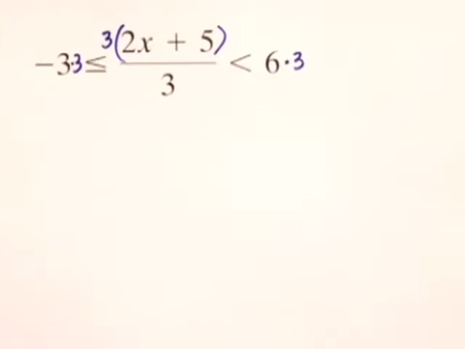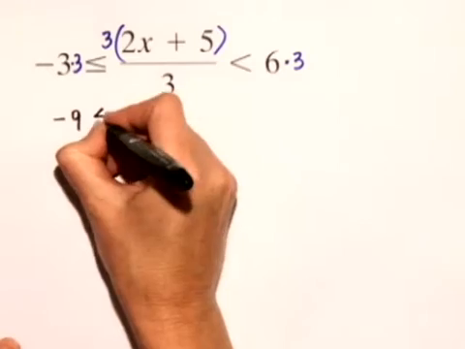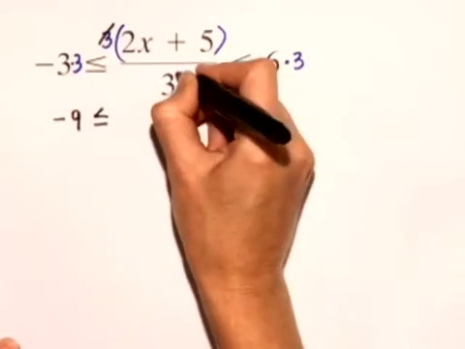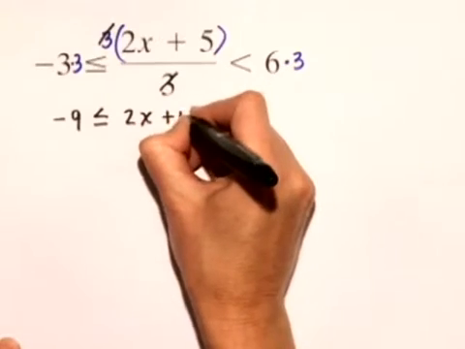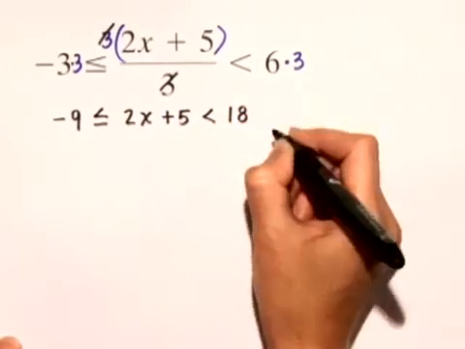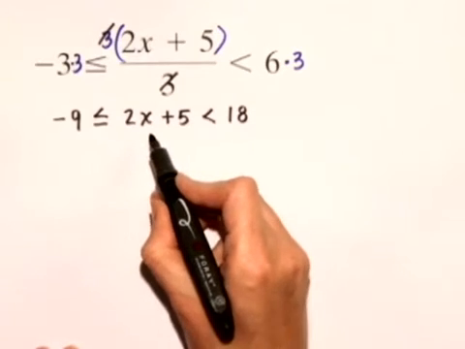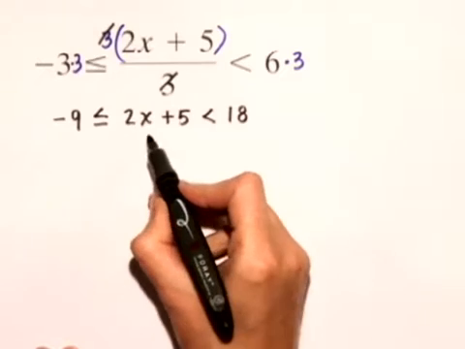When we do that, we end up with -9 is less than or equal to, notice the 3's divide out, and we have 2x plus 5, which is less than 18. Now we're still trying to isolate x in the middle, so let's now subtract 5 from all 3 parts of